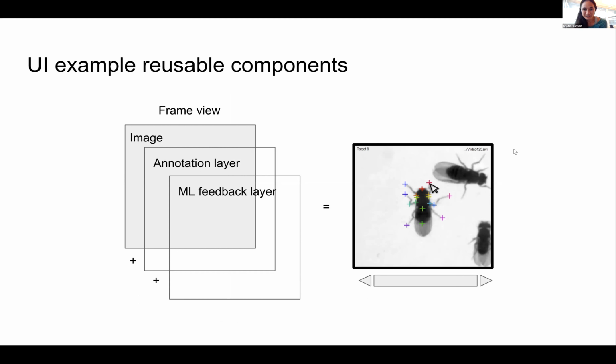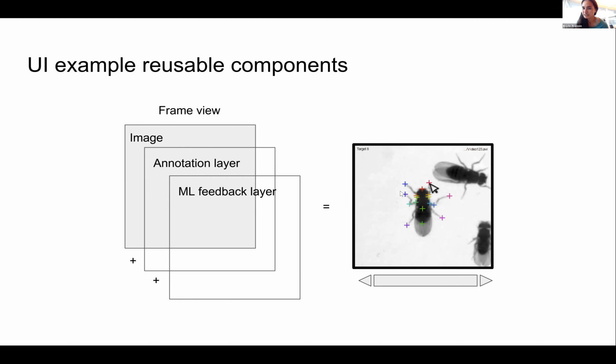If anyone's interested, I'd be very happy to go through all the details of things that I've been brainstorming about this, but I thought I would just give a couple examples of the types of reusable components that I imagine there being in this library. So one example, as I was saying, you always kind of want to have some way of looking at video, which will consist of an image, which you can change which frame is being shown, some kind of annotation layer,